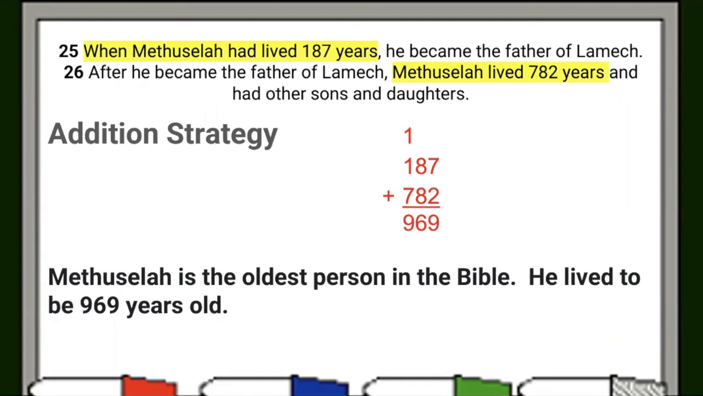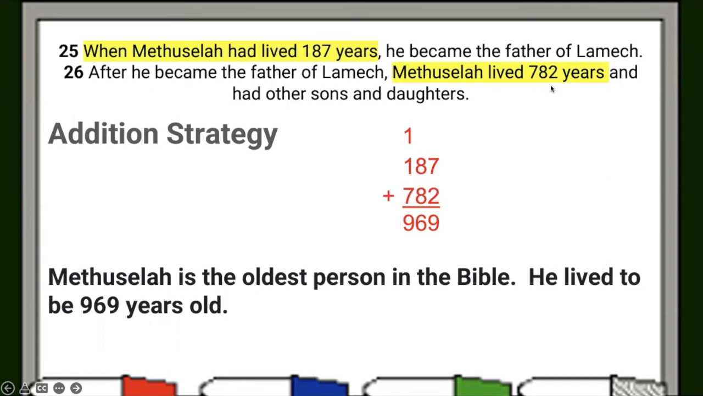Let's look at the word problem again. When Methuselah had lived 187 years, he became the father of Lamech. After he became the father of Lamech, Methuselah lived 782 years and had other sons and daughters. Using our addition strategy, we are combining 187 years to